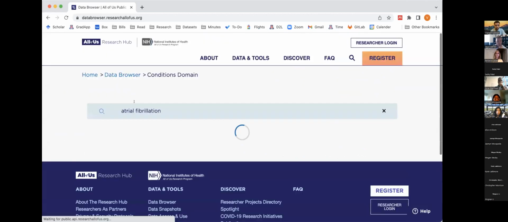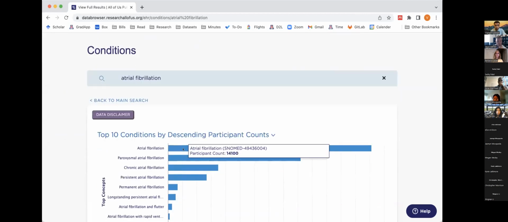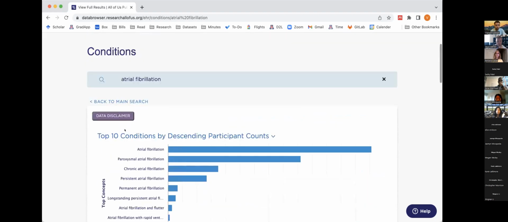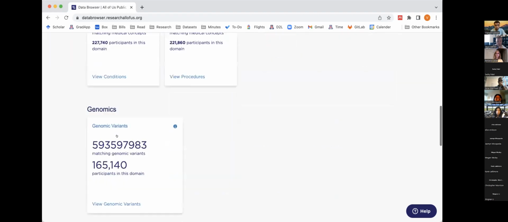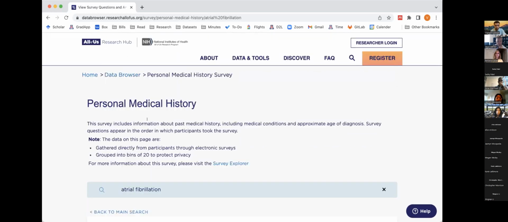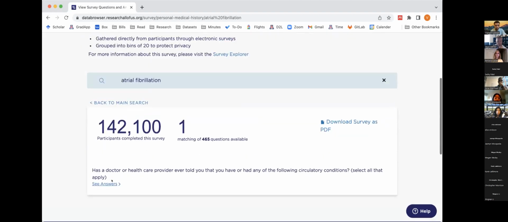So I'm going to go into the EHR domain. I can quickly see that there were close to 14K atrial fibrillation, but after applying some of our inclusion-exclusion criteria, that went down. Then you can go in and also look at the very specific questions that we asked in the survey. For AF, it shows you the exact question that corresponds to the variable. So we encourage everybody to use the public data browser to look at feasibility for your samples, and what modalities are available for your research question.